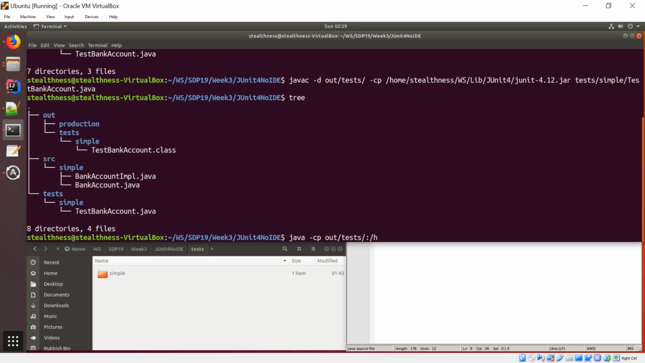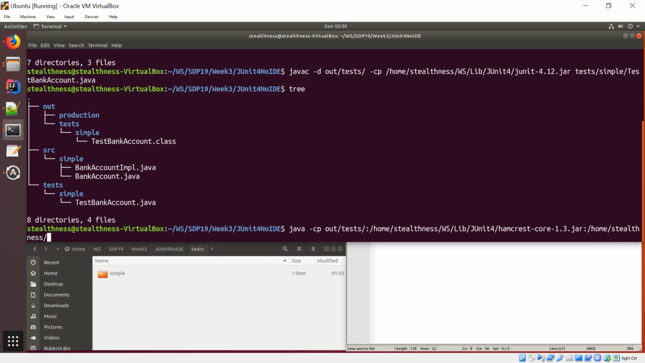Then we need to add the location of our two jars. So that's home, Stealthness, WS, libraries, JUnit, and then Hamcrest, and it's going to be 1.3 that I'm going to add, and then I'm going to add the next one. So again, it's /home, /Stealthness, /WS, /libraries, /JUnit, /JUnit 1.2. So we add the three locations: the location of where the class is compiled, and the locations of our two jars, and then from there we're going to run a specific program, and that's located in JUnit runner